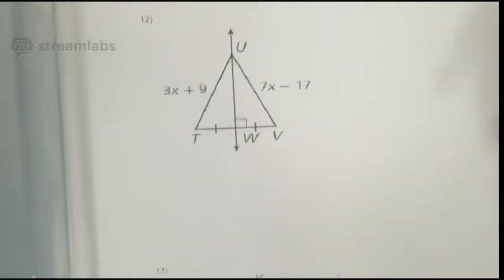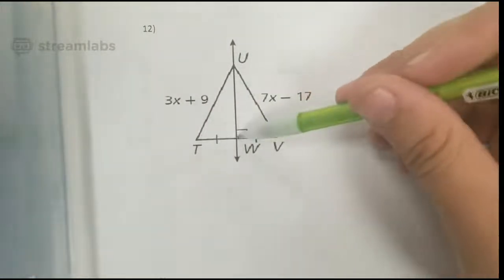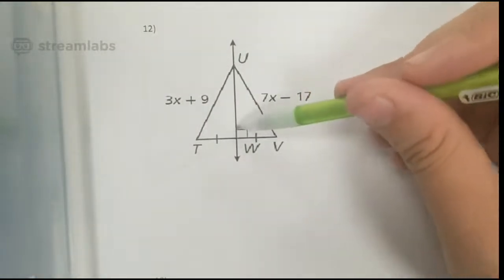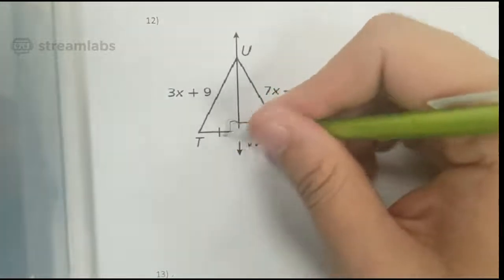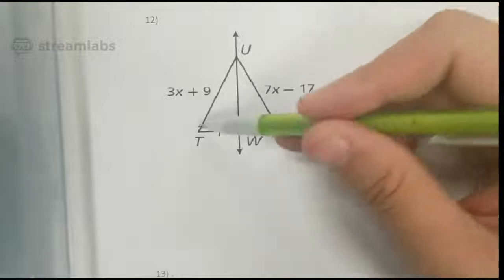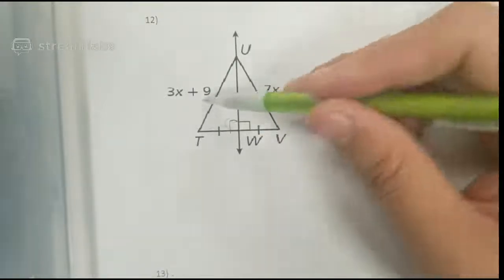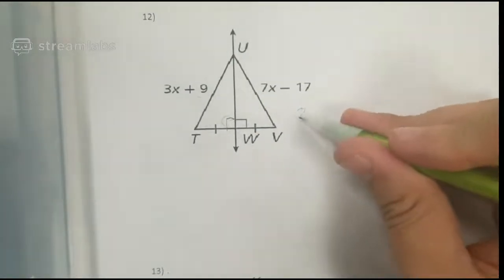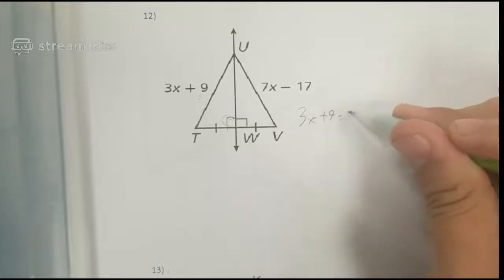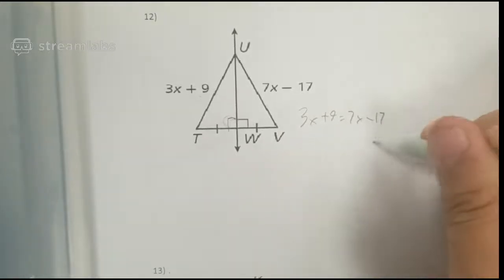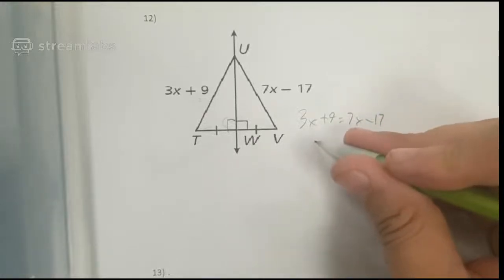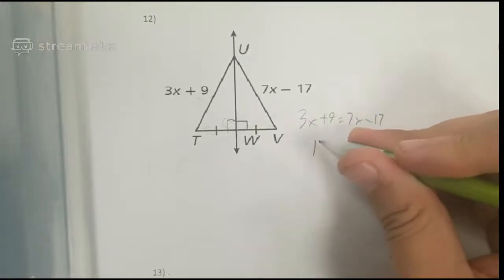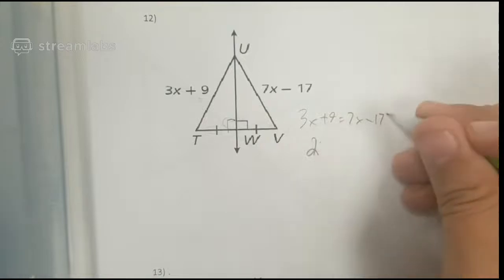Okay, this one. So since we know these line segments are equal, and we know this is the right angle, so this must be also equal, right angle. Since we know these angles are equal and we know these lines are equal, we know the base angle theorem says that these two are equal. So we just set them equal to each other. 3x plus 9 equals 7x minus 17, minus 3x, plus 17. That's going to be 20, what am I doing? 26